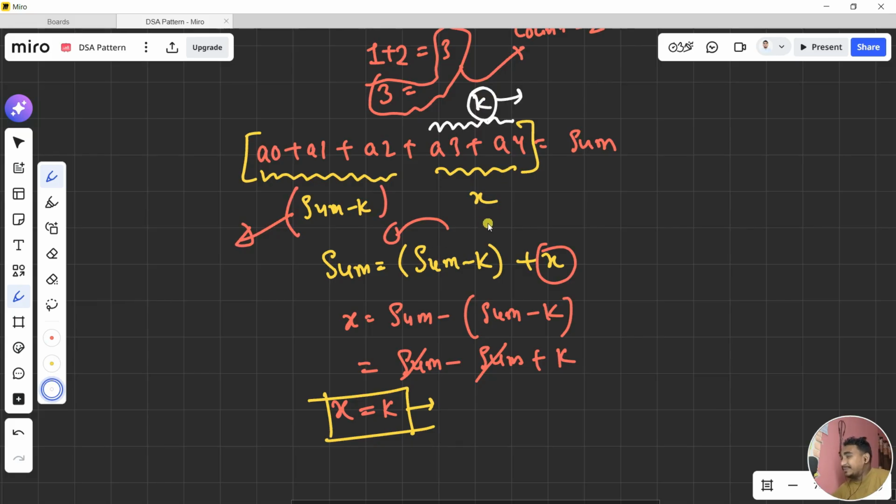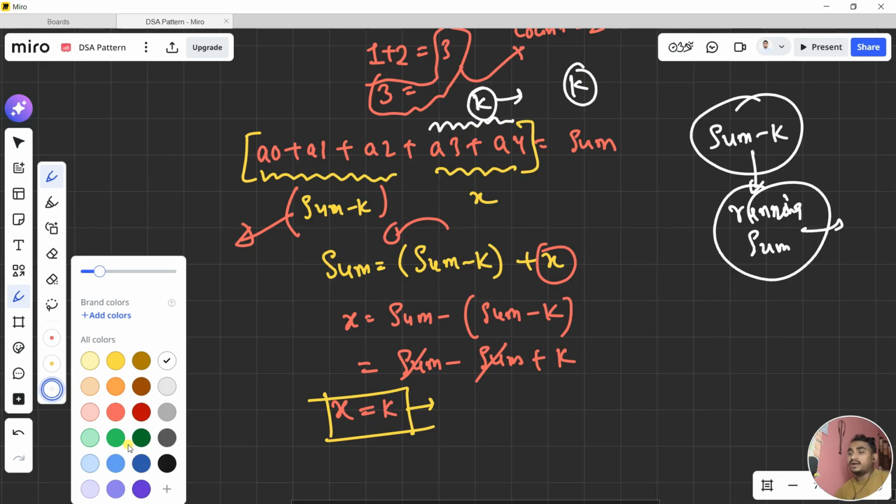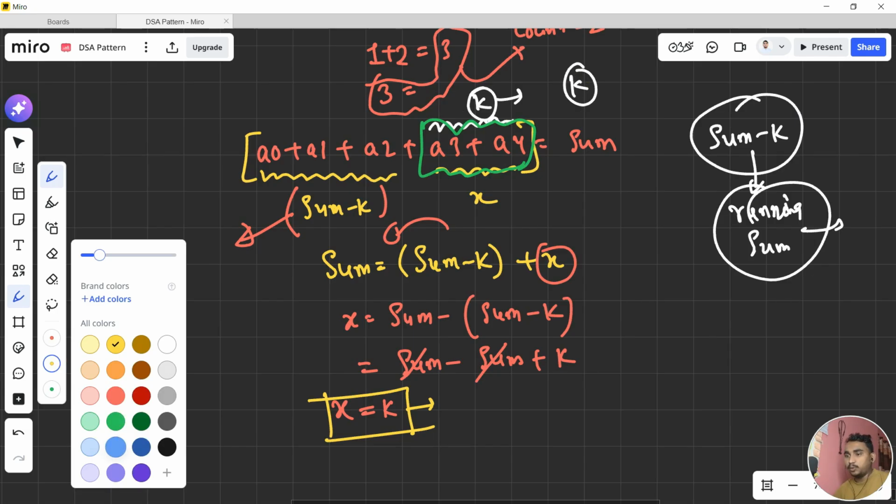It means that if someone is storing the value of sum minus k, which is basically my running sum, then I can say that this part is equal to k. If I take this one as a green part, and let's say this one is a blue part,